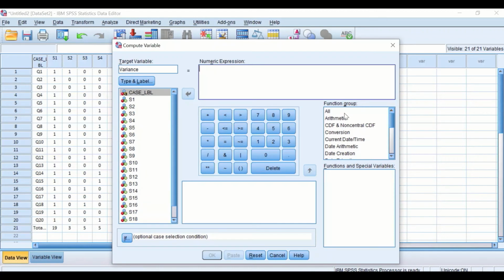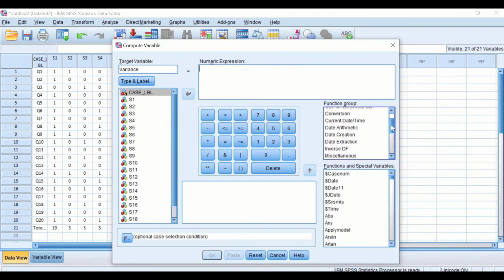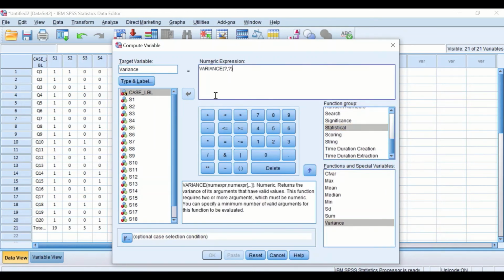I'm going to select from the function group, under Statistical, the variance, dragging the variance into the numeric expression. So we're going to calculate the variance for all the items and for the total score. Again, we need to insert these variables in between the brackets, followed by a comma for S1, and then